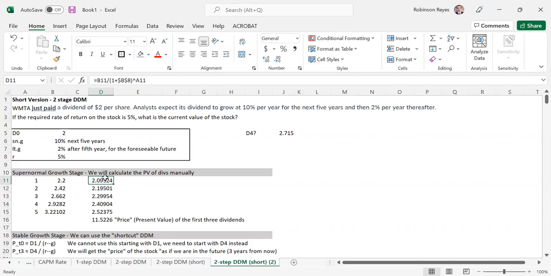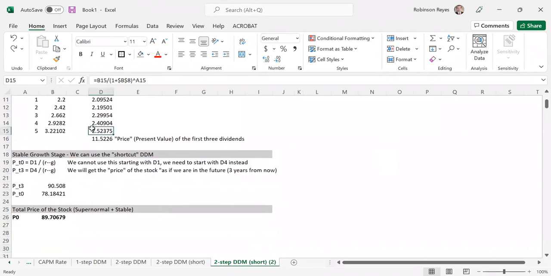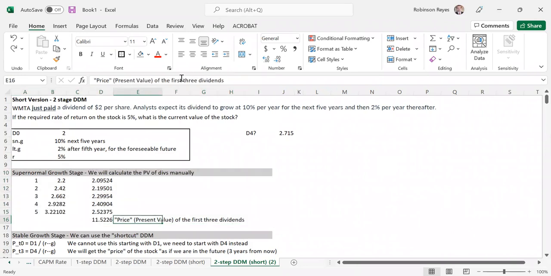We cannot use the dividend discount model for any of these dividends because we have a supernormal growth rate that is greater than the discount rate, so we cannot use the dividend discount model. Now we have updated the supernormal dividends and the price of the dividends during the first